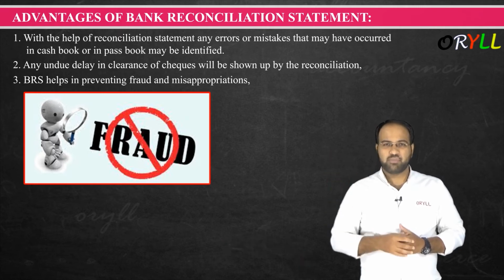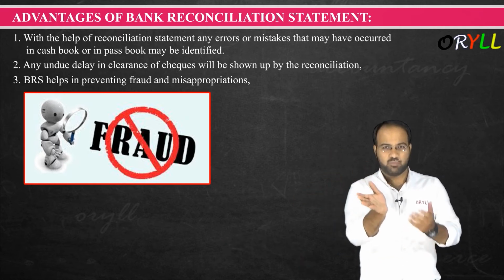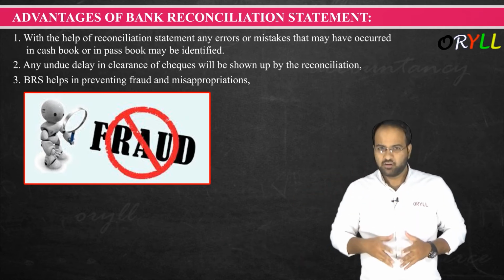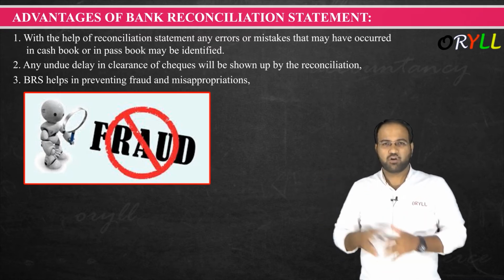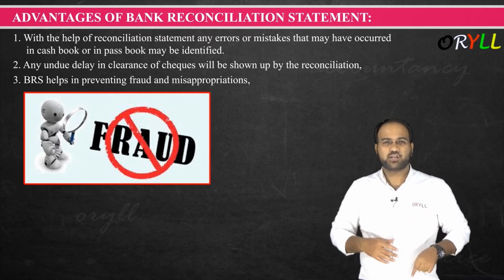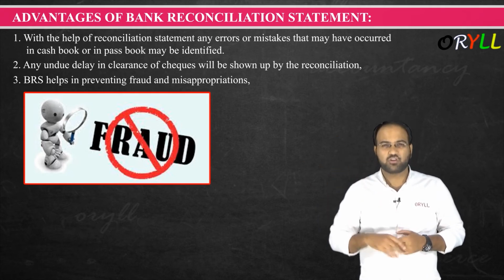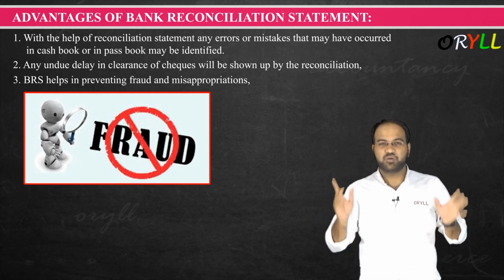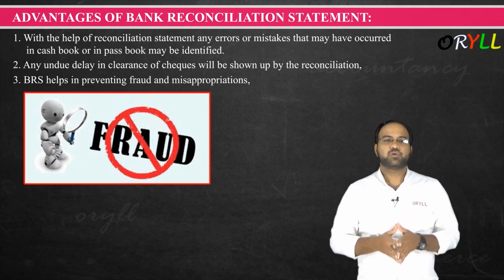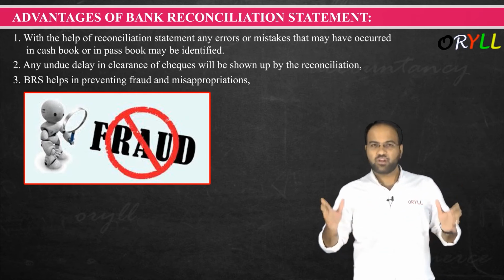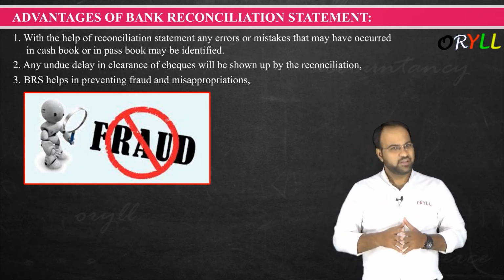You will call the bank, and the bank will say, sir, here is the check copy, we received only 20,000 rupees of check. You will ask the accountant, hey accountant, you recorded that you received a check of 30,000 rupees, but the bank is proving that it is only 20,000 rupees. Where is the 10,000 rupees? He will be caught here, got it? So it will help us in preventing fraud or misappropriation of cash.